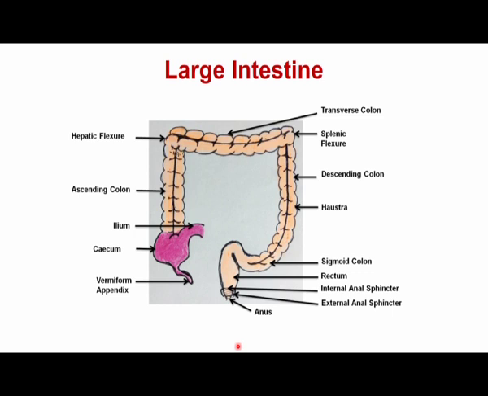And what is the purpose? The purpose of the vermiform appendix is that it digests cellulose and cellulose-containing material, which is the prime food for most of these